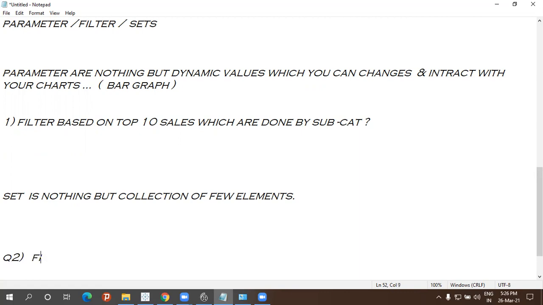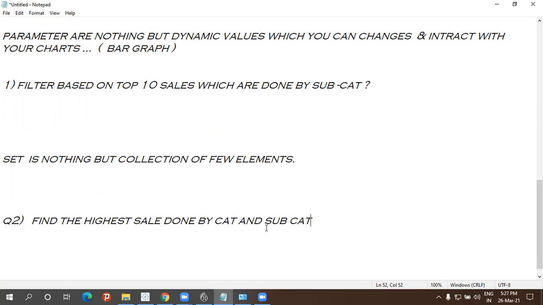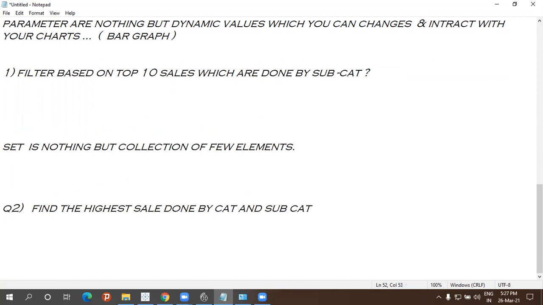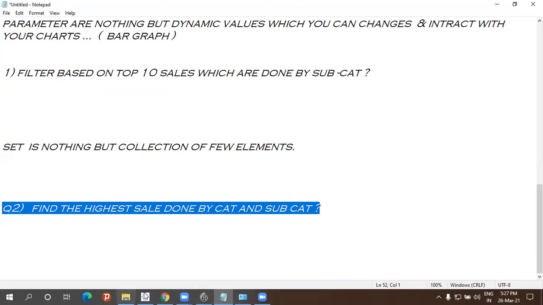Okay. So my question is, find the highest sale done by category and subcategory. Find the highest sales done by category and subcategory. So just drop your answers.